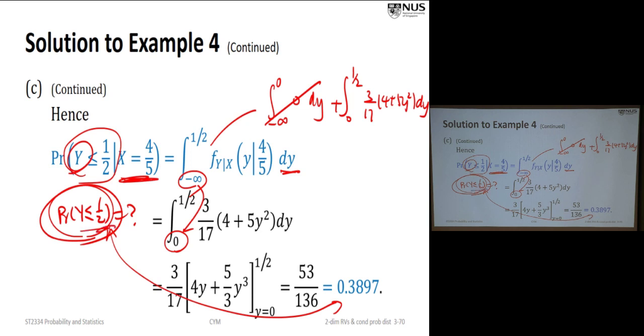This one has no condition. In other words, this one, without the x, means that we have considered all possible scenarios. We take into consideration all the possible x values. We don't care what the x value is. I just look at the chance of y less or equal to 1/2. While the other one, the conditional one, says that now we know that x is equal to 80%. It's relatively busy. Then what is the chance that y is less than 1/2?